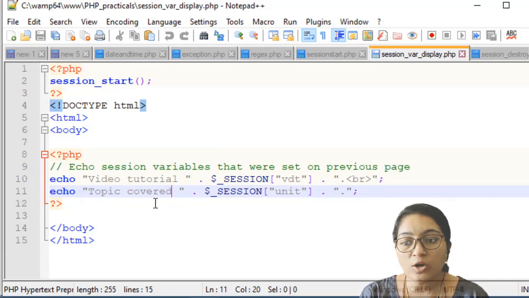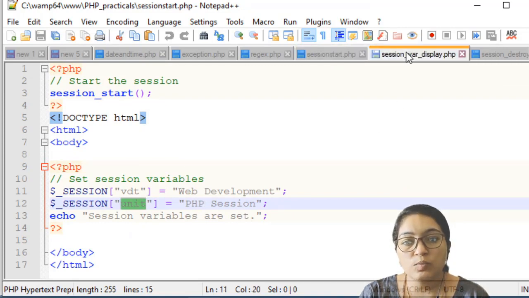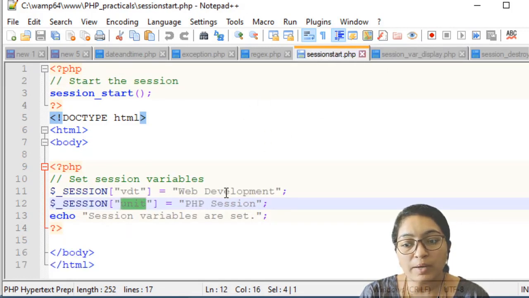Same way, topic covered, $_SESSION again, unit. This is what we are simply displaying using this associative array. It will display the values that we have set: web development and PHP session. So whenever we execute session_variable_display, it will display web development as the tutorial and PHP session as the topic covered.